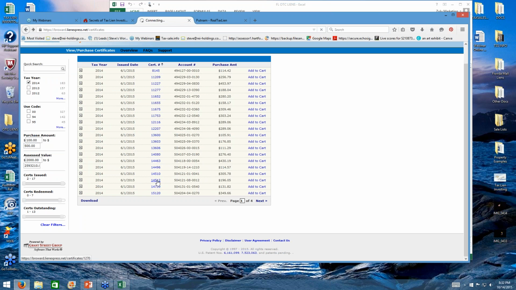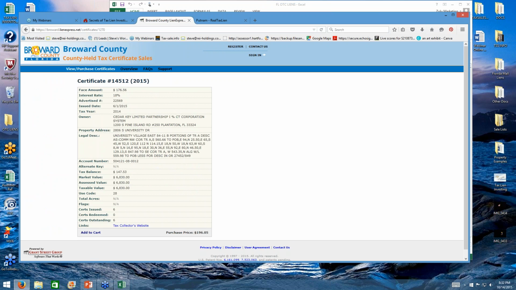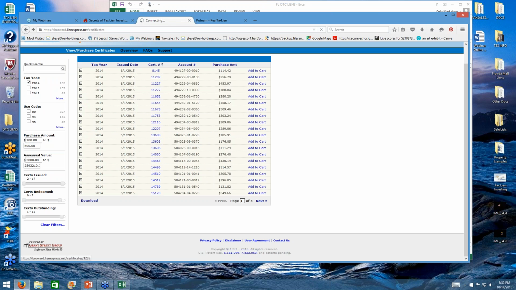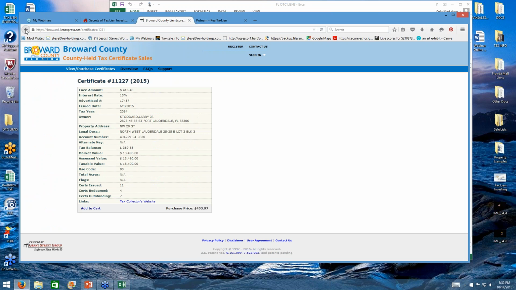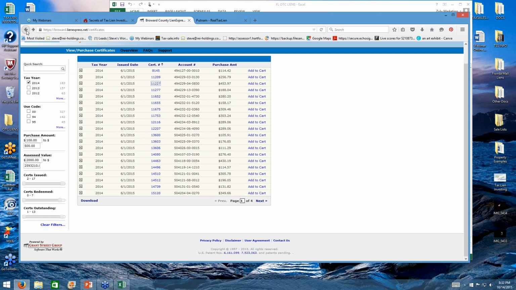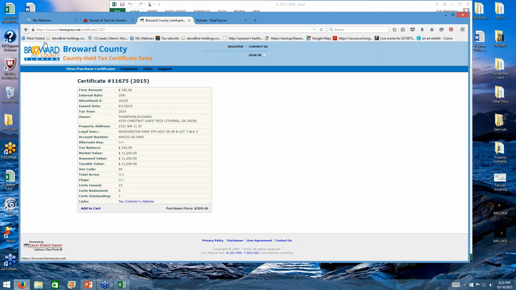A lot of these tax liens, and I haven't been to this county before, have a lot of outstanding tax liens. It's not a bad property value, but there are a lot of tax liens on it. And it does have a full address. Let me go ahead and point out something real quick. We can see that this property does have a full address right here.